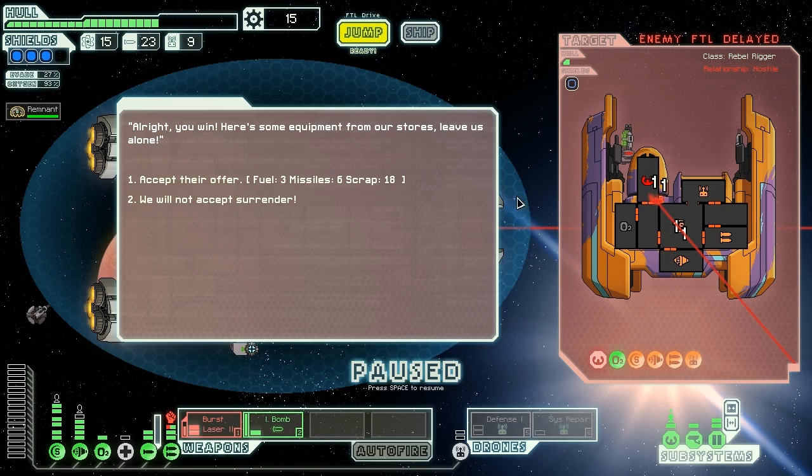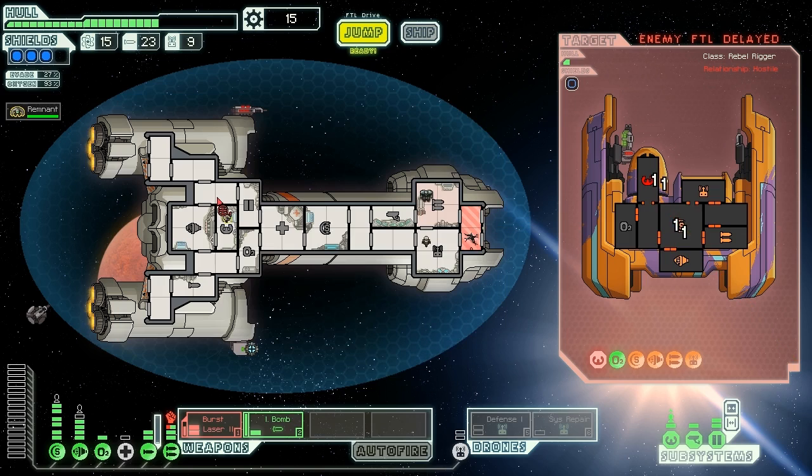They say that they want to surrender, offering us 3 fuel, 6 missiles, and 18 scrap. Now, we could accept this, but we don't need the missiles, really. We've got 23 already. Fuel, if there was more fuel, that'd be pretty good. Or more scrap, that'd be pretty good, but the missiles don't really help us out, so we're not going to accept that surrender. And we're going to ion burst them in the shields,